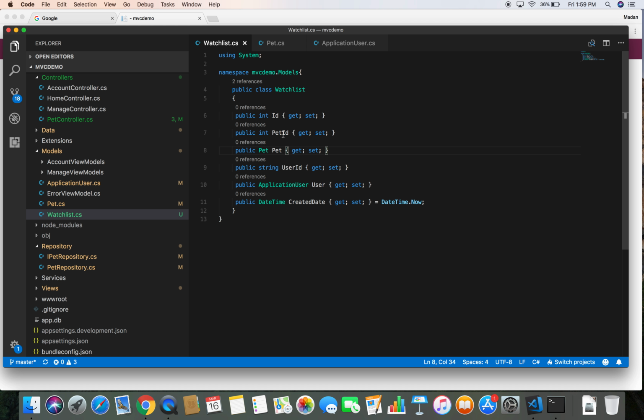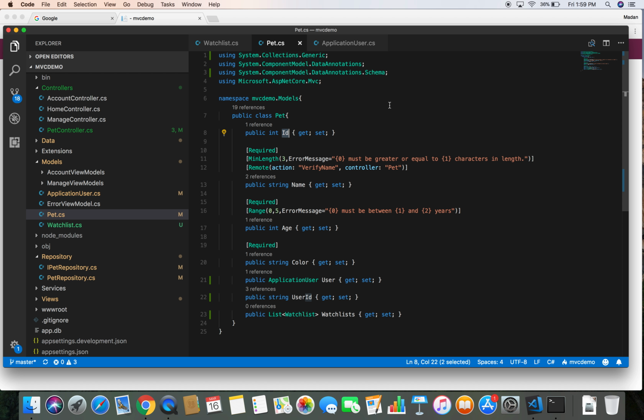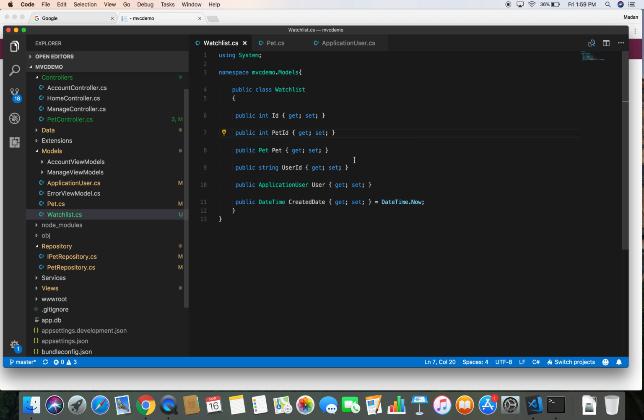Also, we have now defined that this pet id becomes the foreign key for the pet in the watch list. So this name here, pet, and this pet should match, and the id is the id field of the pet class. So we have defined a one to many relationship between pet and watch list, and between application user